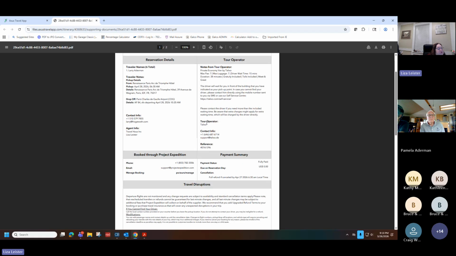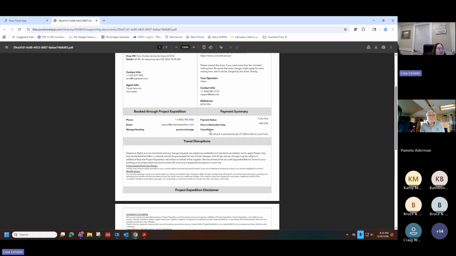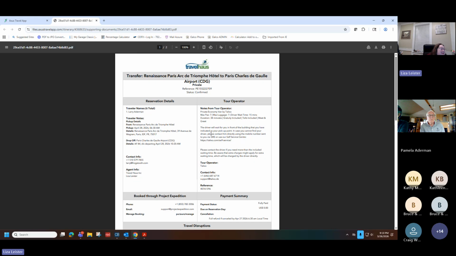So that is also in there. You can keep it and use it from your phone. A lot of times those little vouchers like that, I like printing them out just so I have them to show just in case, and it's got all the contact information and information about it, even though that's in the Access. I always like to have a physical copy just in case.